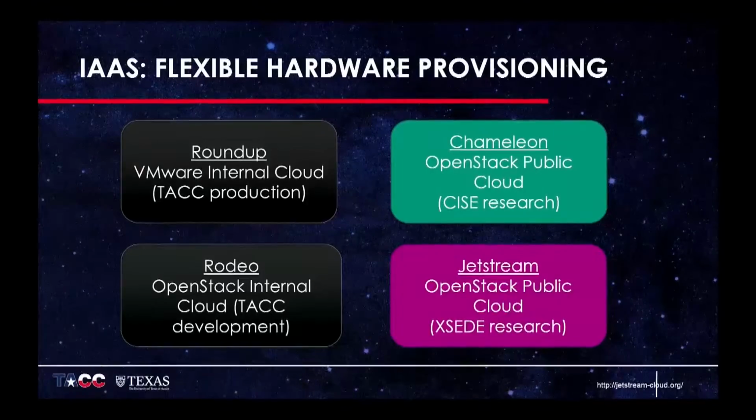We then have our own OpenStack internal cloud that we allow for development purposes. Here, if folks are researchers at the university or some of our partners want to spin up a virtual machine instance, we can very quickly do it in our OpenStack cloud with images that we have available. The 2 that I'm going to focus a lot on today is Chameleon and Jetstream.